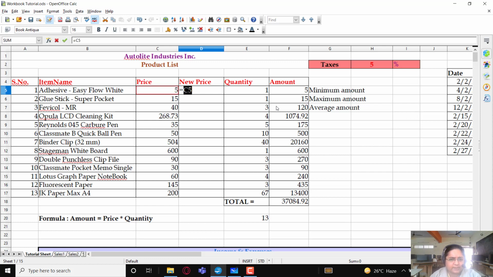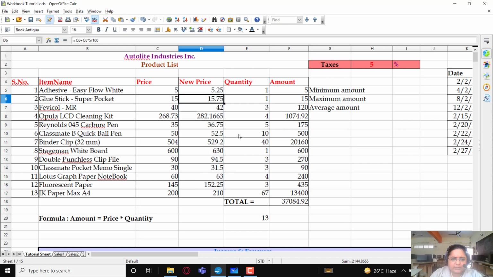Like I move to this cell and you can see that it is highlighted. So plus C5. Whether you type it in capital letters or small letters doesn't really matter. Then multiplied by 5 divided by 100. Press enter and you get 5.25, and then you drag it down.